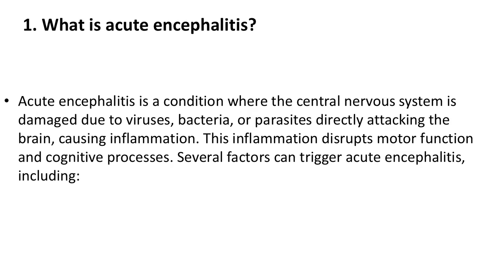1. What is acute encephalitis? Acute encephalitis is a condition where the central nervous system is damaged due to viruses, bacteria, or parasites directly attacking the brain, causing inflammation. This inflammation disrupts motor function and cognitive processes. Several factors can trigger acute encephalitis, including